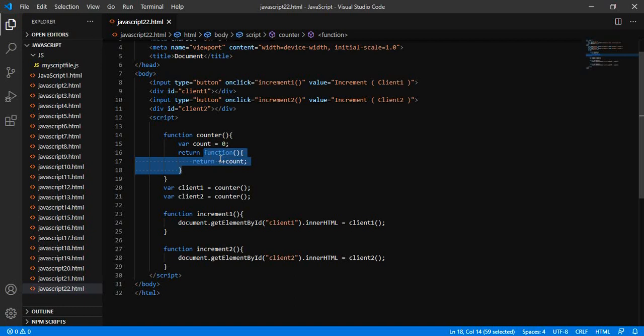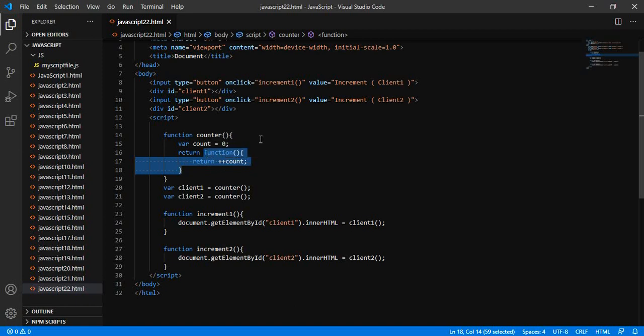We are still able to access this count variable because this is just a function that can access its outer variable, its parent function variable.